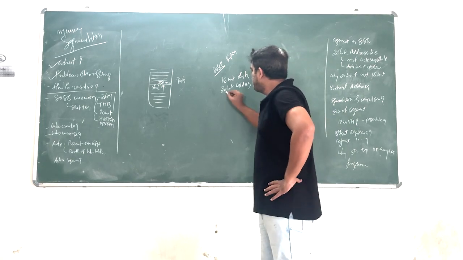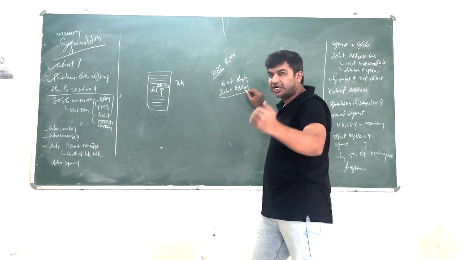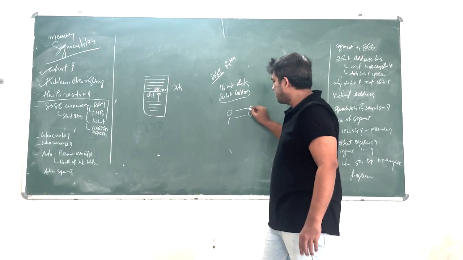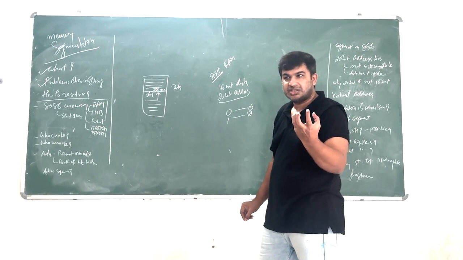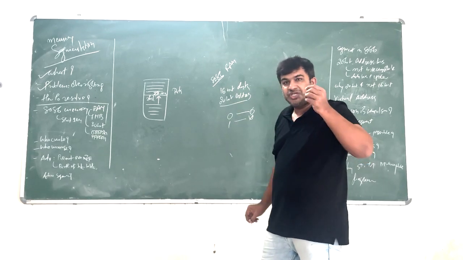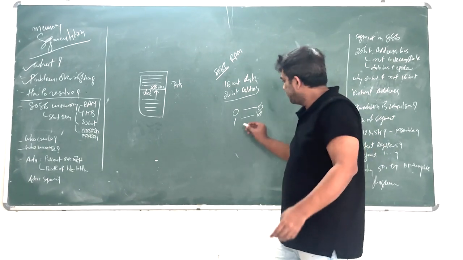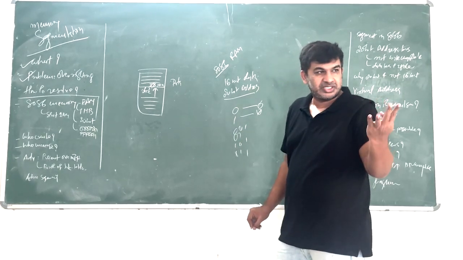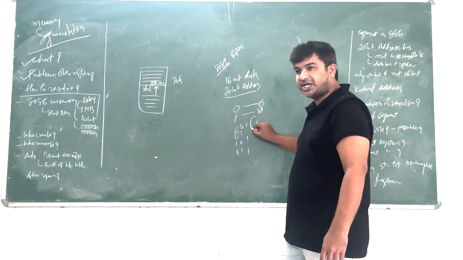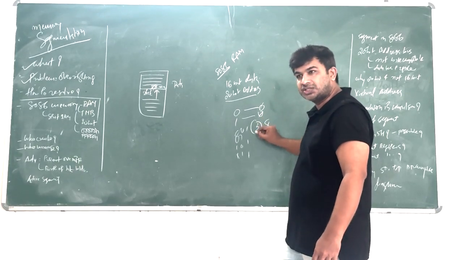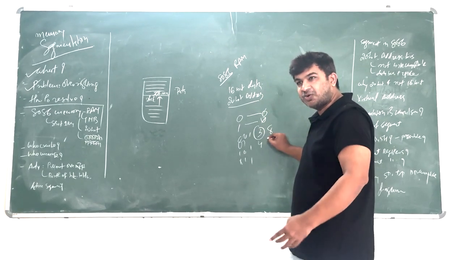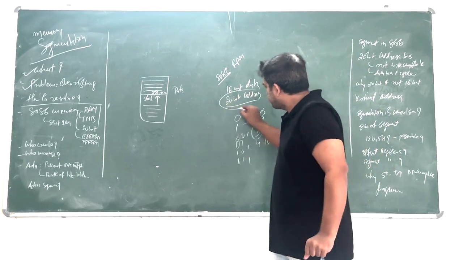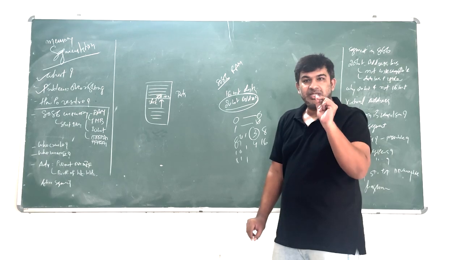Okay, now because I am having 20 bit address bus, concentrate here. If I am having 1 bit, it can be 0 and 1, so I can represent two different locations. Address bus will give you the address of the different location. If I am having 2-bit address bus, I can have 4 different locations. If I am having 3-bit address bus, I can have 8 different locations. If I am having 4-bit address bus, I can have maximum 16 different locations. Get it?